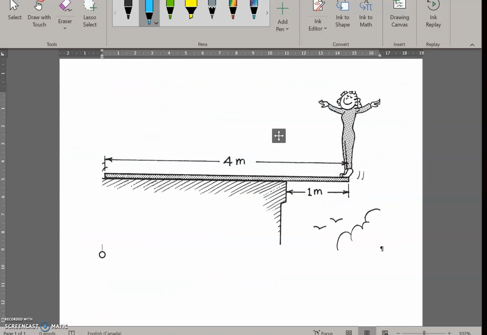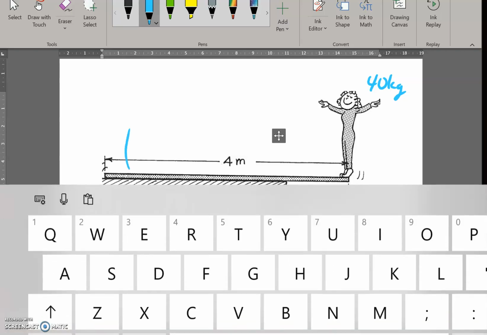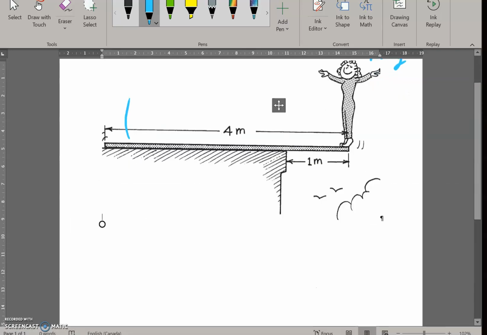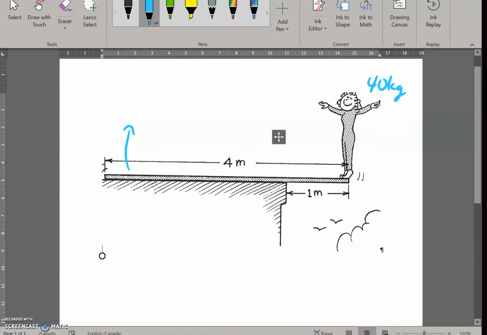So I'm going to show you one of my very favorite applications of this idea. Here we have a 40-kilogram woman standing on the edge of a 4-meter long board going off the edge of the building, and she's perfectly balanced. If this went any further out, she would fall down. She's 40 kilograms, and we've got this board that's nice and uniform going all the way along. The question is, if they are perfectly balanced, what is the mass of the board?